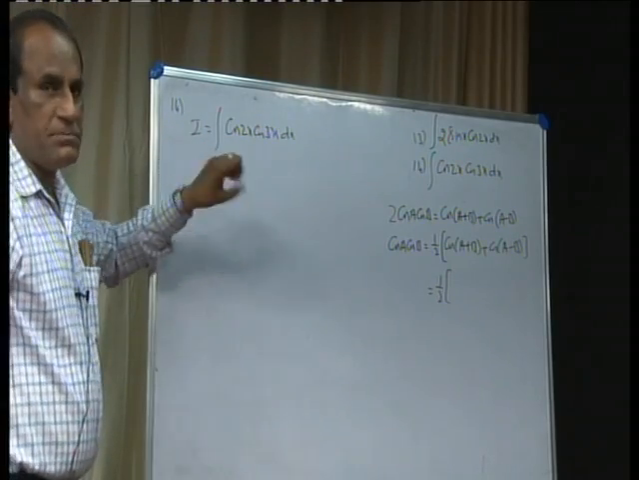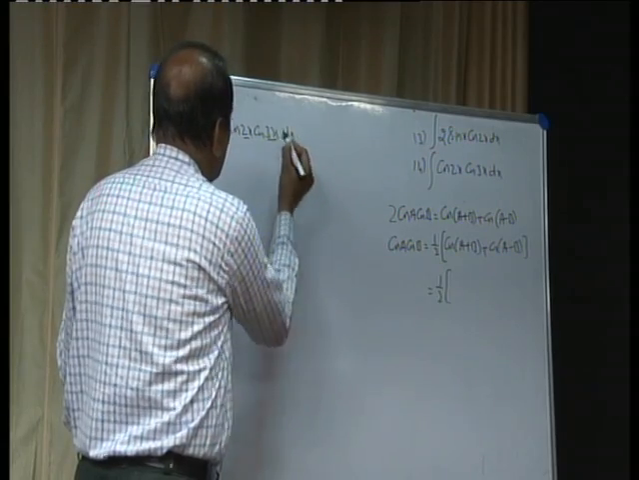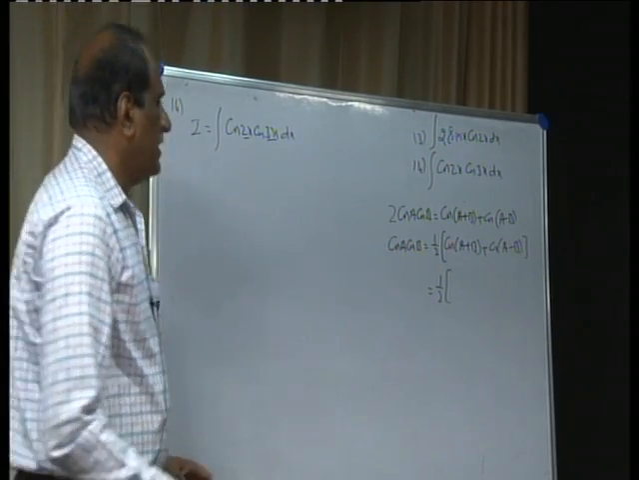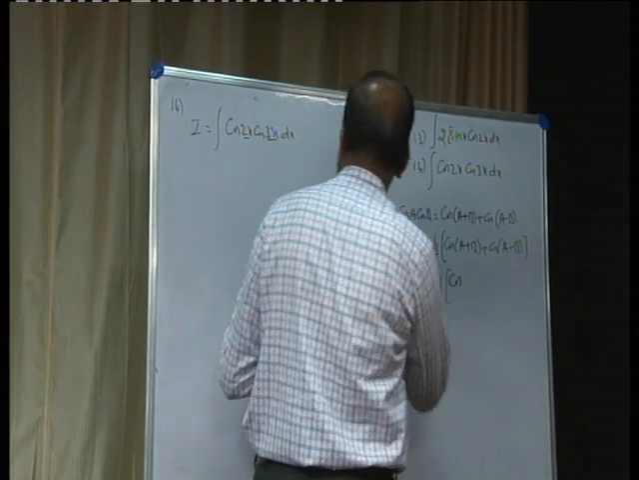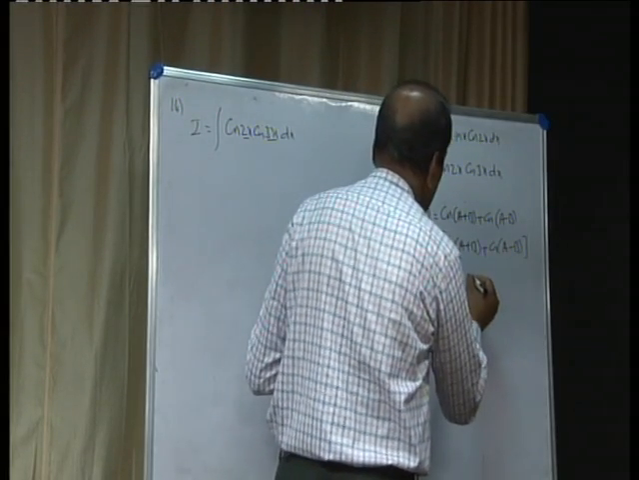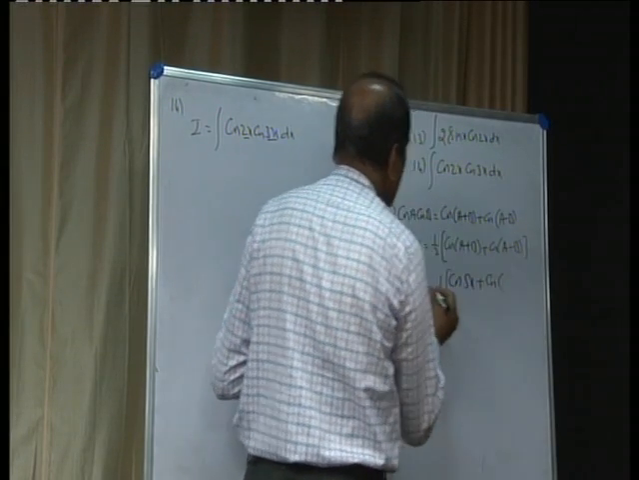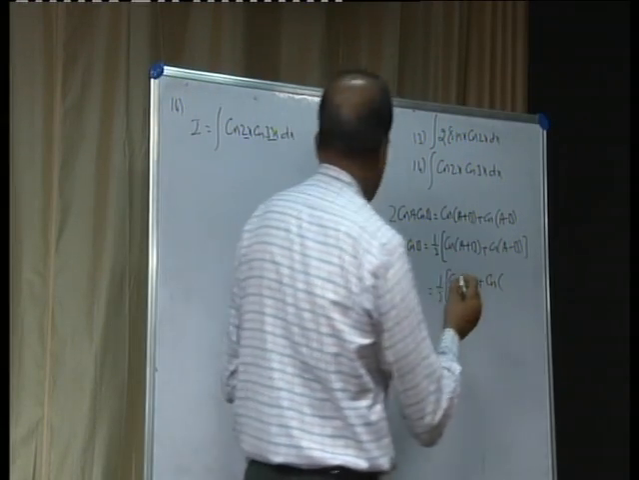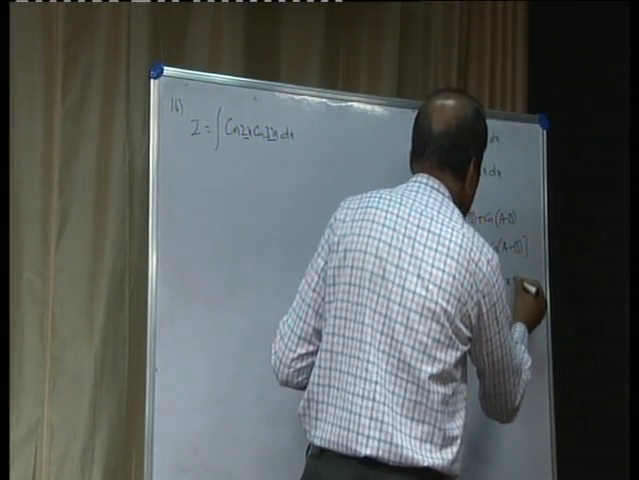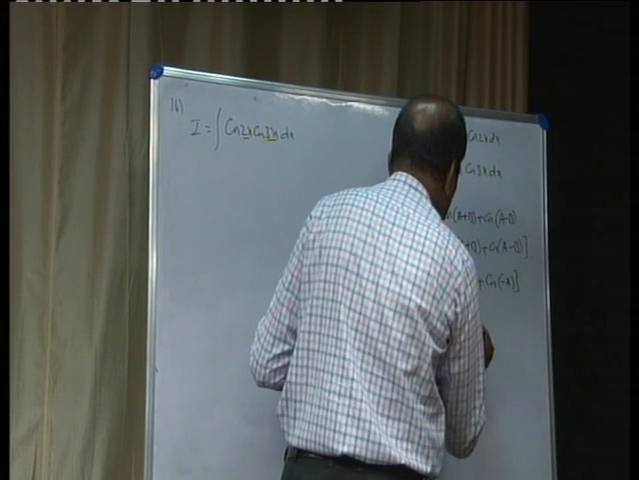How to do this problem? See here, a is 2x, b is 3x. Now, half into cos of (a plus b), means 2x plus 3x is 5x, plus cos of (a minus b), 2x minus 3x is minus x, close the bracket. So, half into (cos 5x